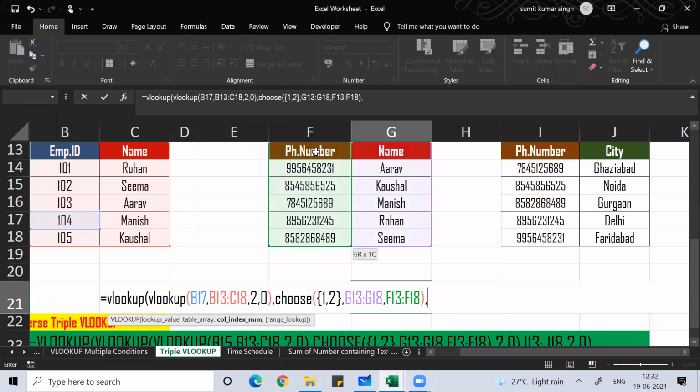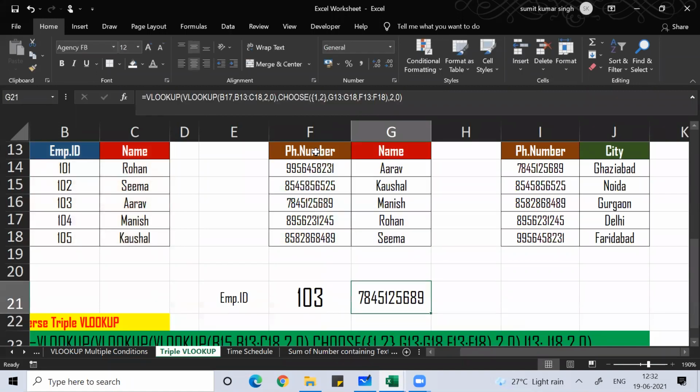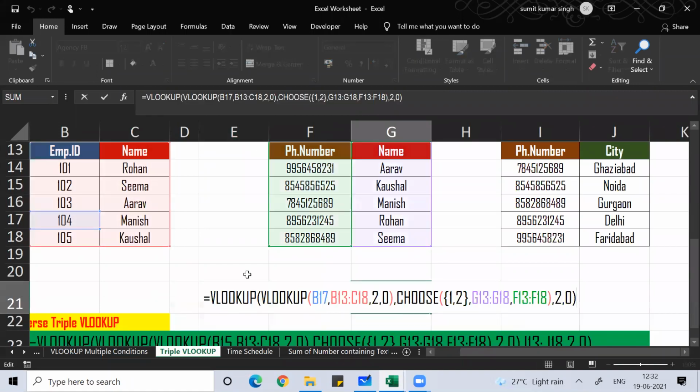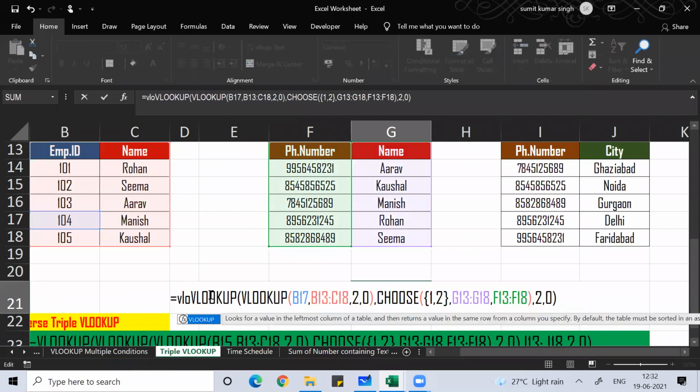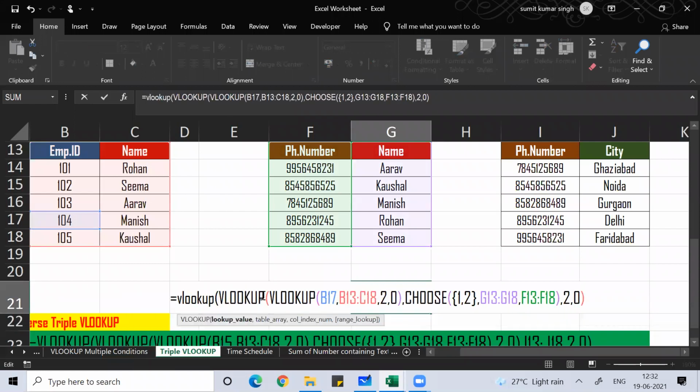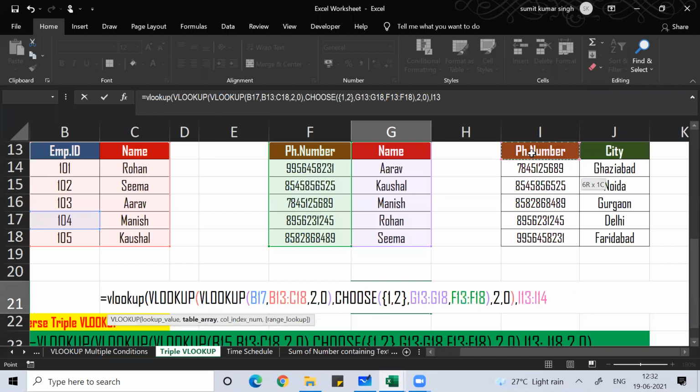Then you need phone numbers, right? The second column, comma 0. So if you do this, you'll get the phone number. This phone number will be the lookup value here. From this phone number, you want the city. So, comma 2, comma 0.